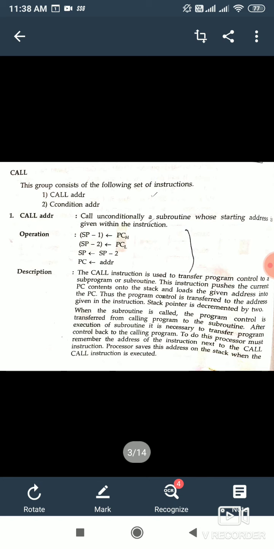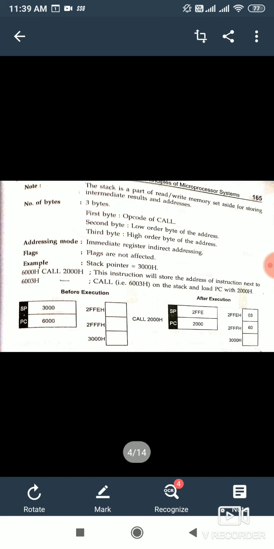So the program counter is loaded into the stack just like the push instruction, and after that the stack pointer is decremented twice. So this is our new stack pointer. After that the address is loaded into the program counter just like the jump instruction. So the program counter is now loaded with the new address, and just like jump, execution starts at a fresh new address.